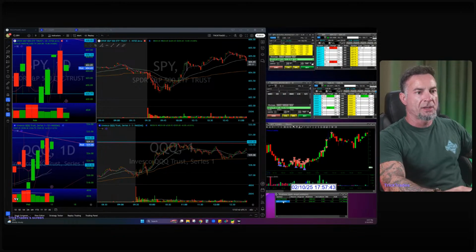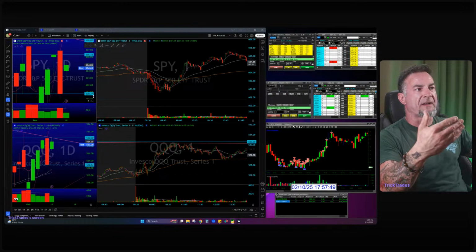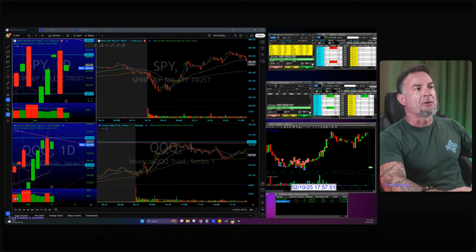Qs long. Qs long was a trade that I worked over and over and over again because of the setup, because of how the market has been trading. We were at a 50% rough retracement from this big red day, generally speaking, especially if there is a technical level of